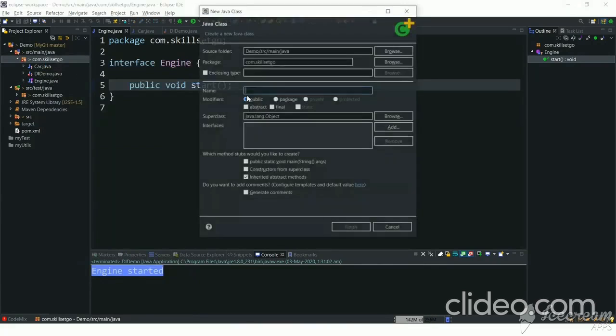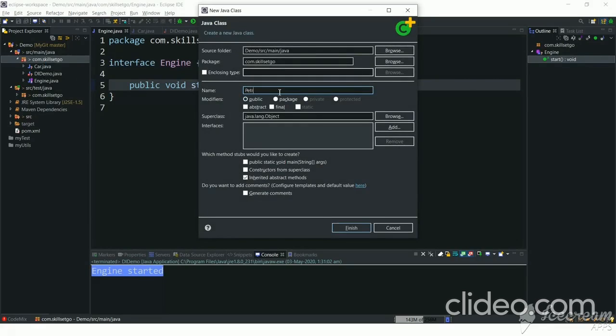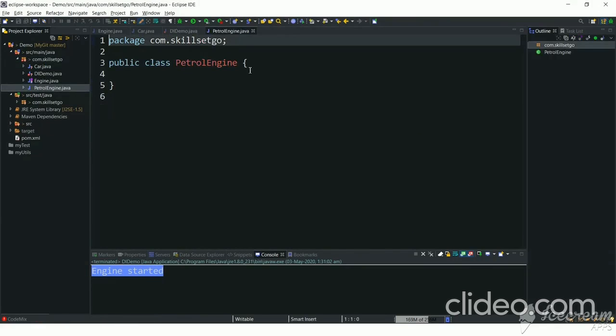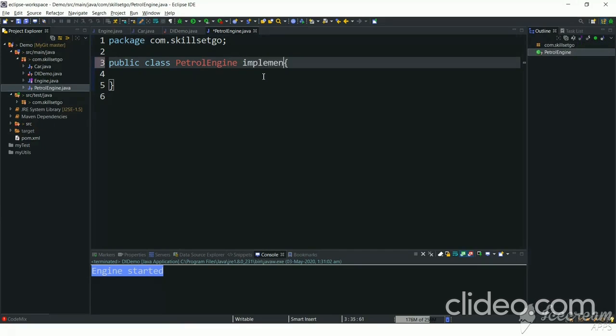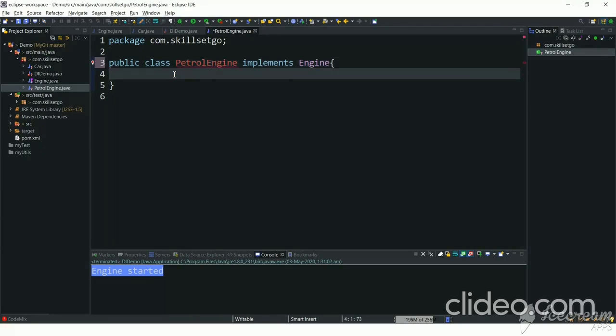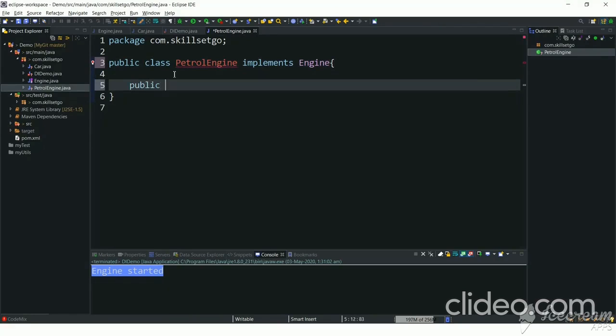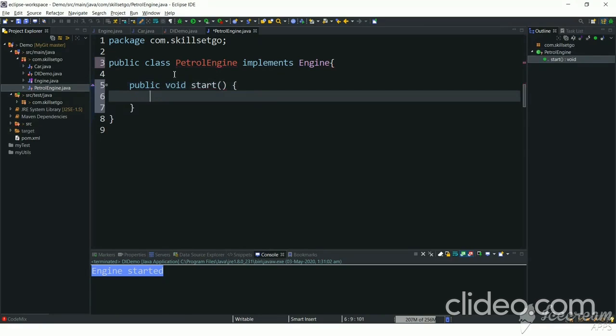Let's create a class which is PetrolEngine, which implements Engine, and we have to implement the inherited engine start method. We have to implement the start method.